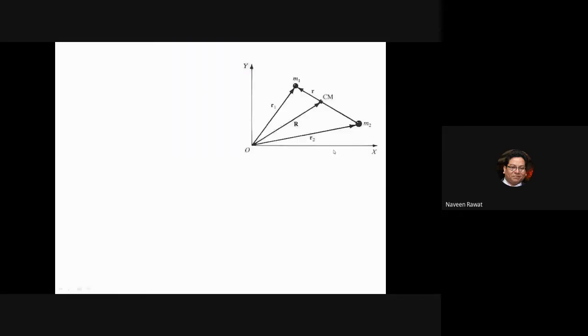Okay, so this is our situation, right? So we have two masses, and this is the relative position r1 and r2, and r is the position of the center of mass. Okay, so we have already defined this situation. I'm going to call it r center of mass so that there is no confusion. Okay, and this was given by m1 r1 plus m2 r2 divided by total mass, so m1 plus m2. All right, so that is our value for position of center of mass. Okay, and what is the r coordinate? The r coordinate is r1 minus r2.